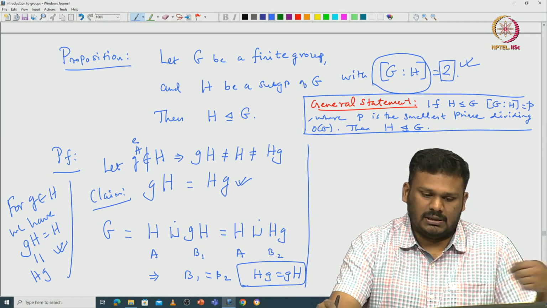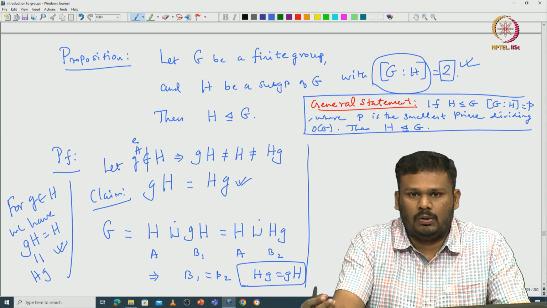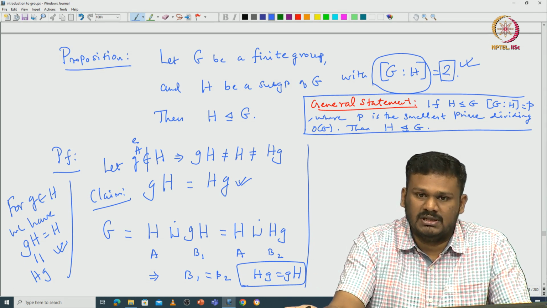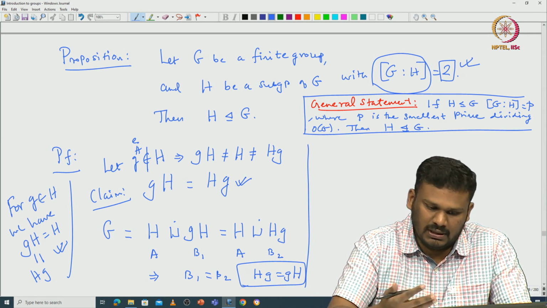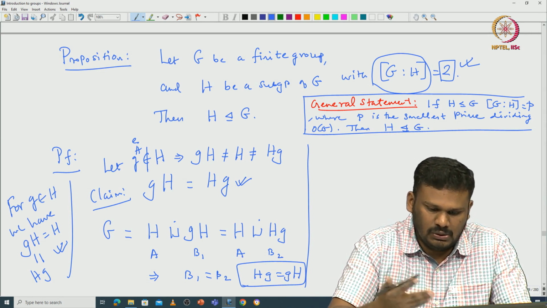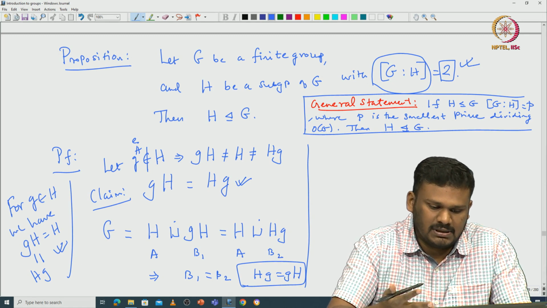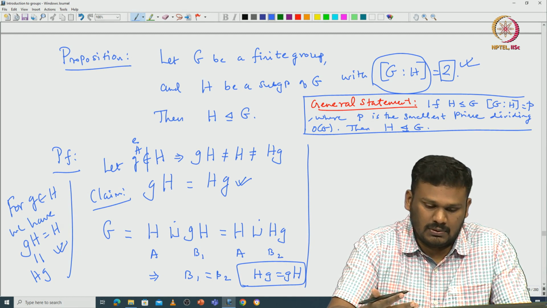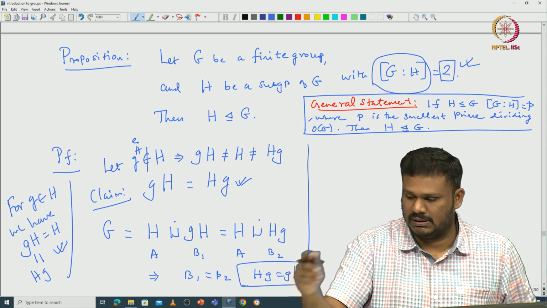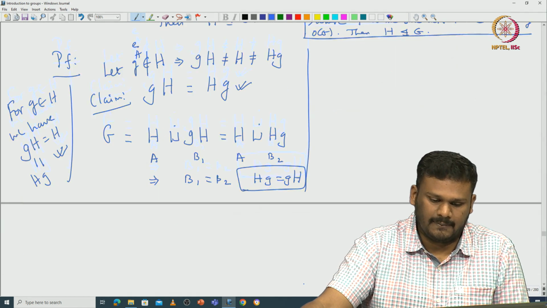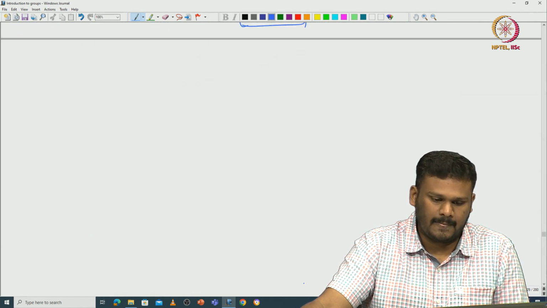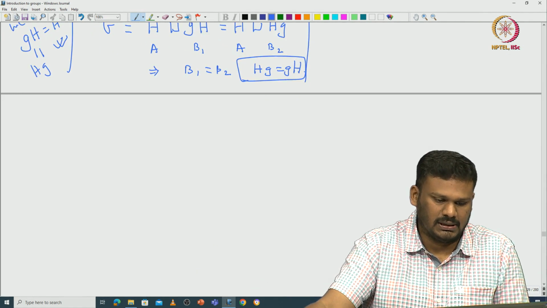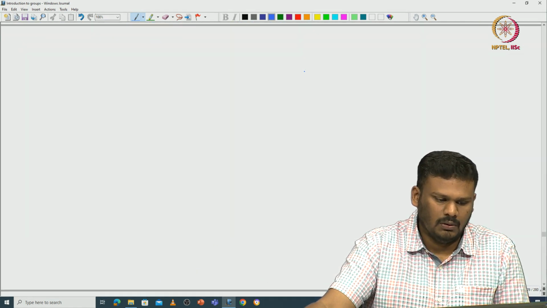This means if you know for some reason a subgroup has index 2, then immediately you can conclude that the subgroup must be normal. This is actually a very interesting result, and it is used many times in order to understand groups of small order. These things will come later, and we will keep using this. As I promised, I will also prove this general statement later once I introduce more tools.